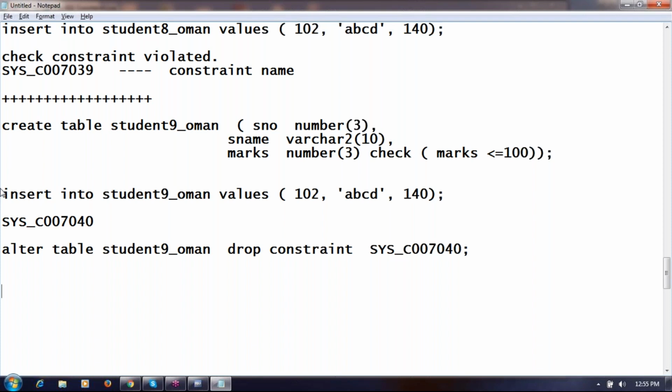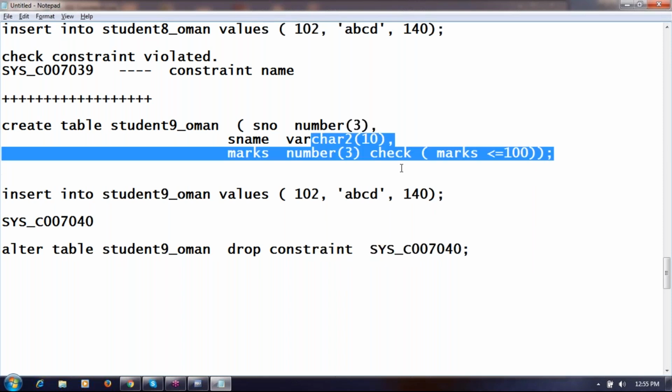Name is this one. So yes, to drop a primary key also we can use this SYS_C name. Yes, you can use it. Identify the name of the constraint and then drop that. That's it. The constraint will be removed. Now any constraint you can drop by using drop constraint followed by the constraint name.